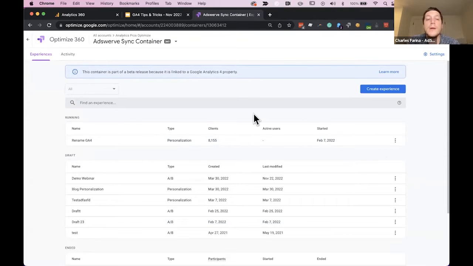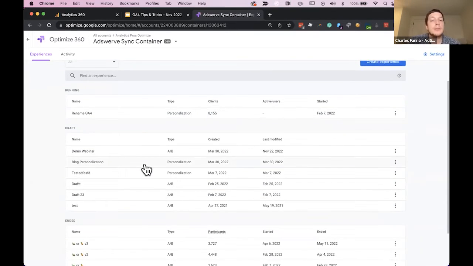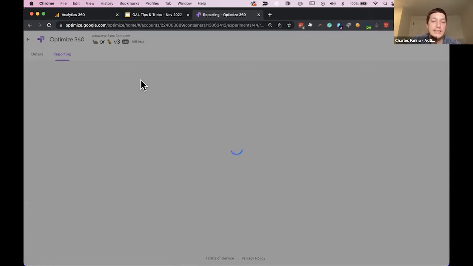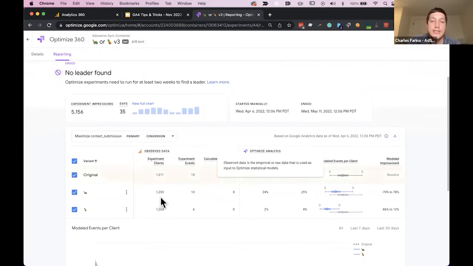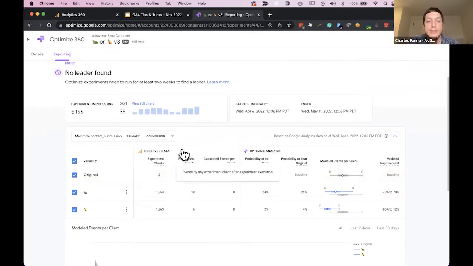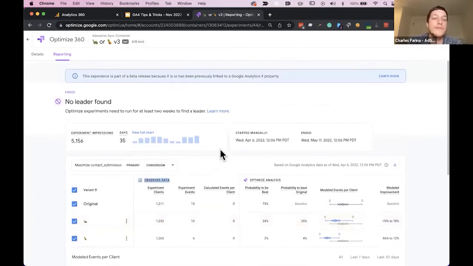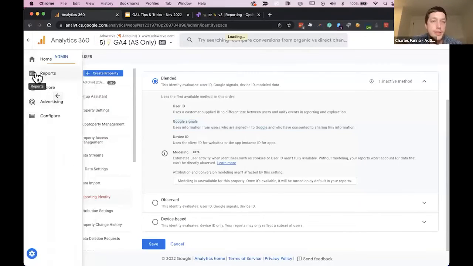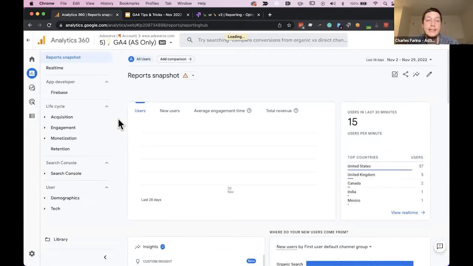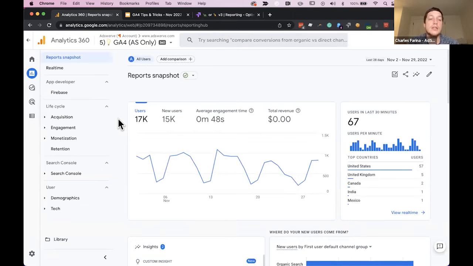It's really powerful. And what's key for my tip here is that when you set up Optimize, it's required that you link it to GA4. So as an example, I ran a turtle or a pineapple test on my website. You can see the data that's available here. And the data is actually being pulled partially from Google Analytics through this integration. And as part of this integration with Google Optimize, what's also important to note is that the experiment data is also made available in Google Analytics.